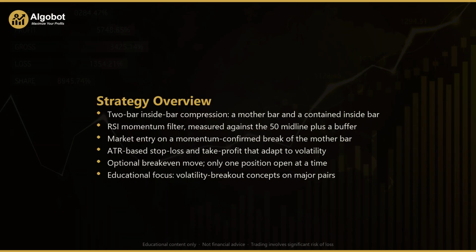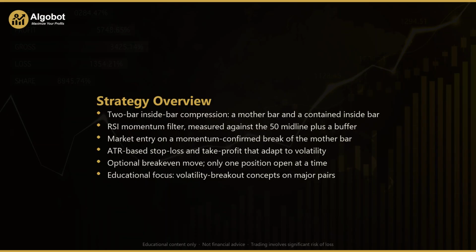Inside Bar Momentum is built around a very recognizable chart shape called the inside bar. An inside bar forms when a candle trades entirely within the high and low of the candle before it. The older, larger candle is called the mother bar, and the newer, smaller candle is the inside bar. When this happens, price is compressing, almost like a spring coiling up, and traders often watch for the eventual expansion